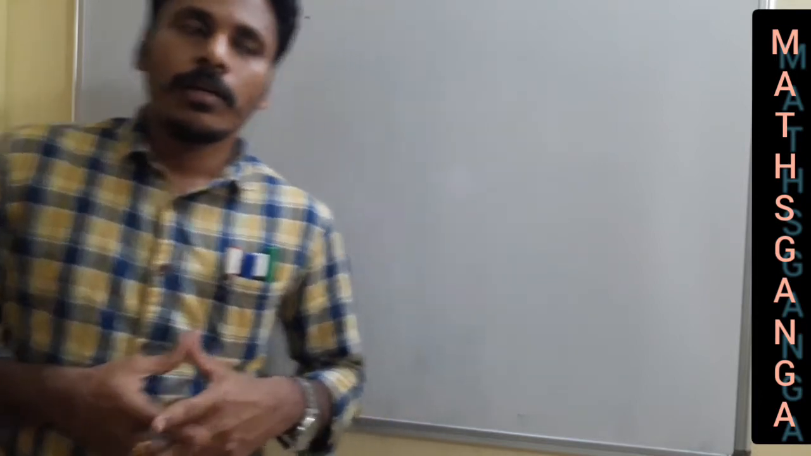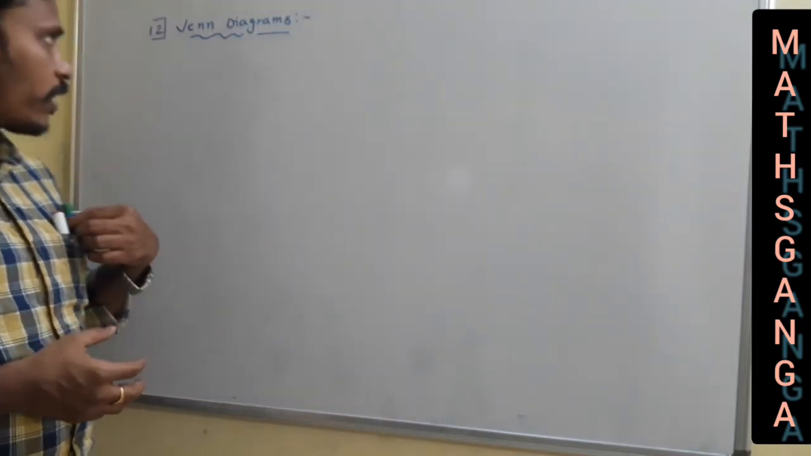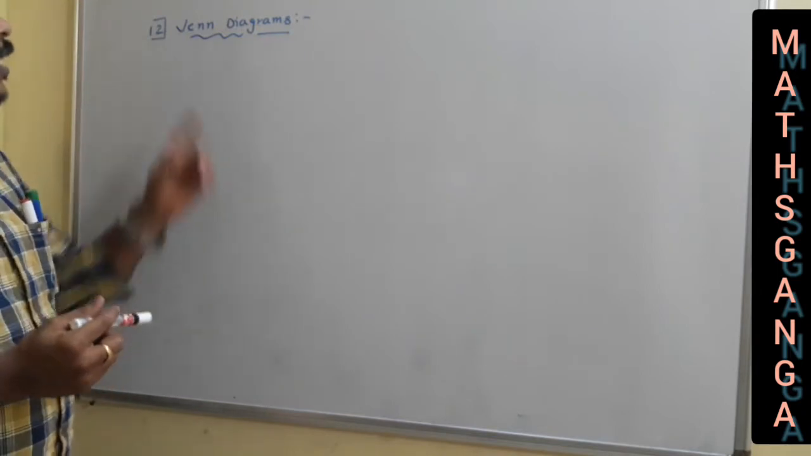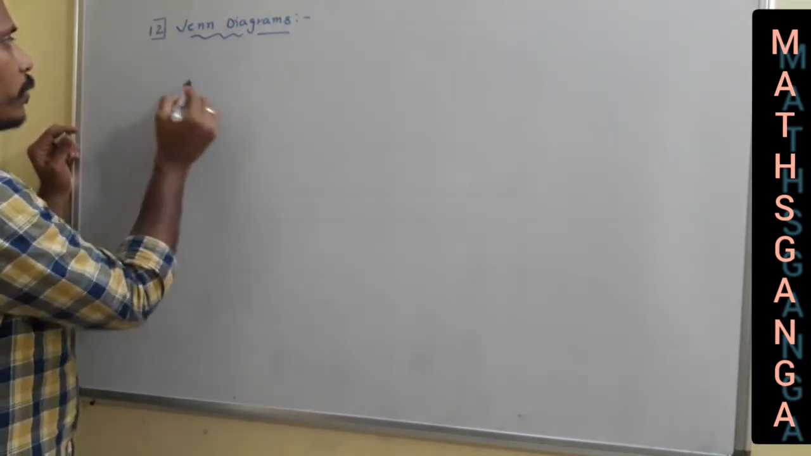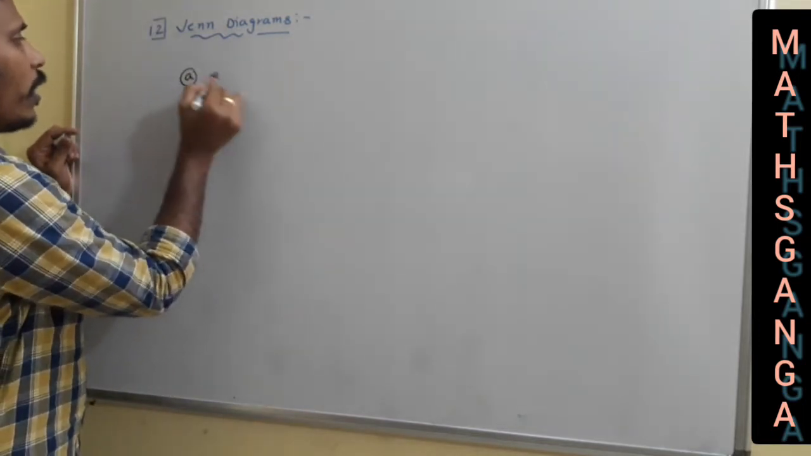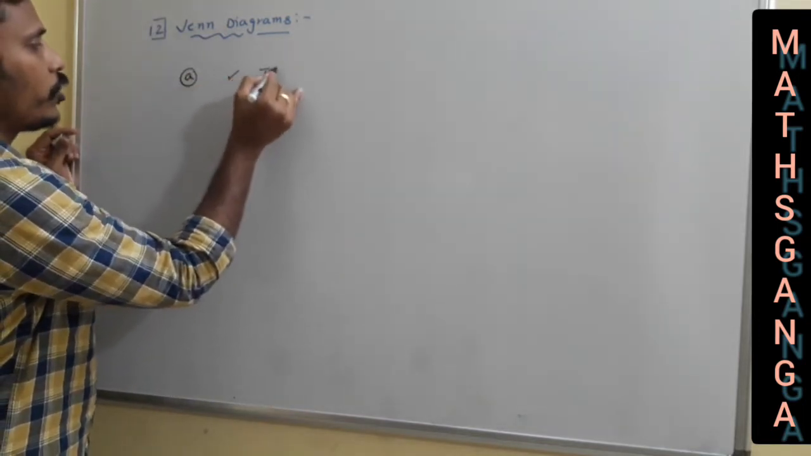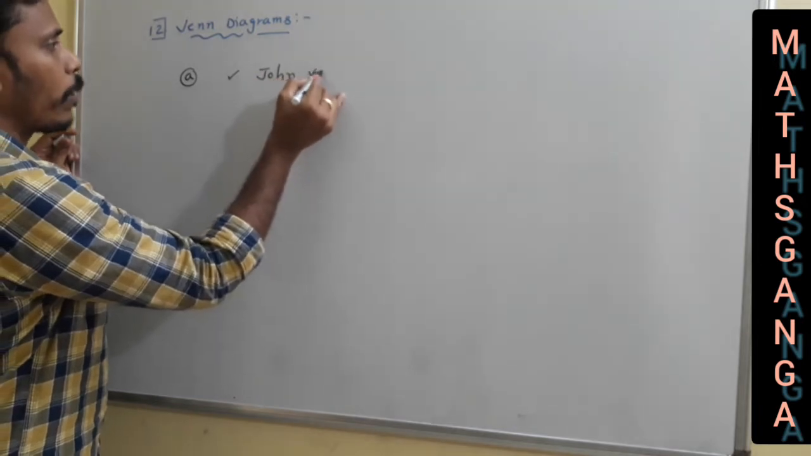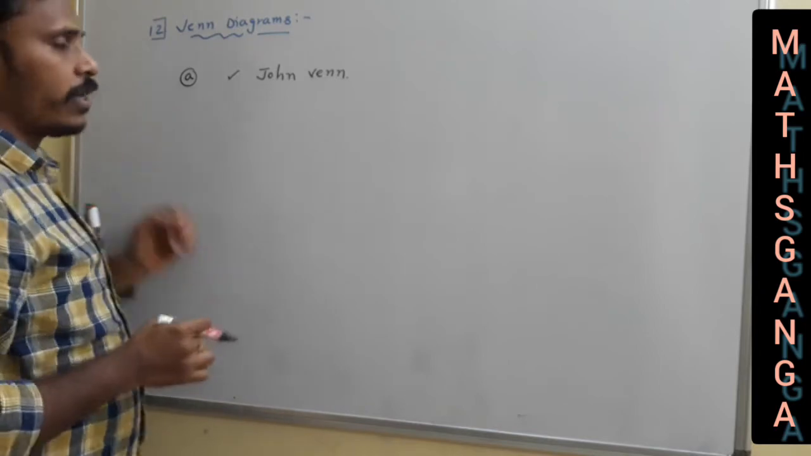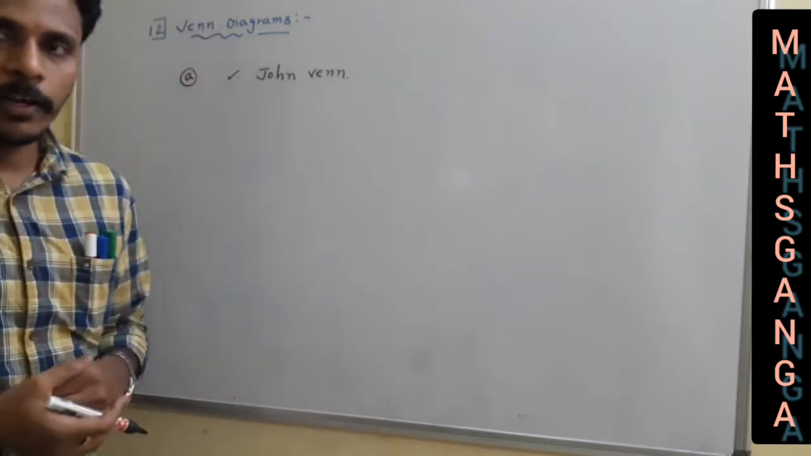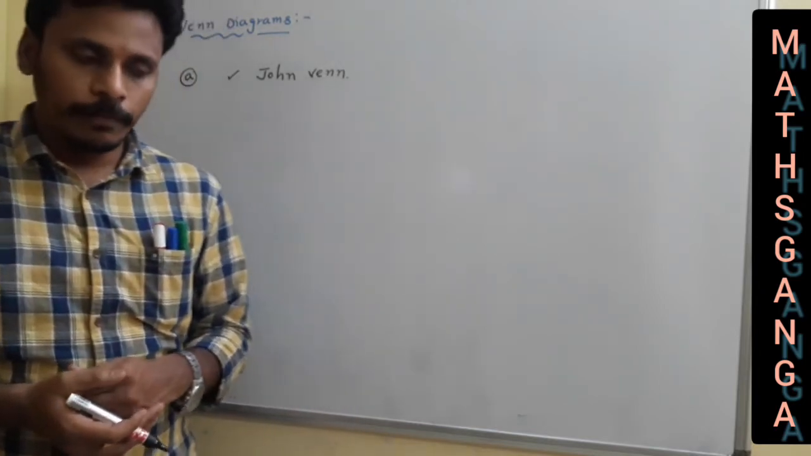The diagrammatic representation for sets is specifically known as Venn diagrams. Why do we call them Venn diagrams? Just because of the name of the mathematician John Venn, who proposed the diagrammatic representation for sets. So according to John Venn,